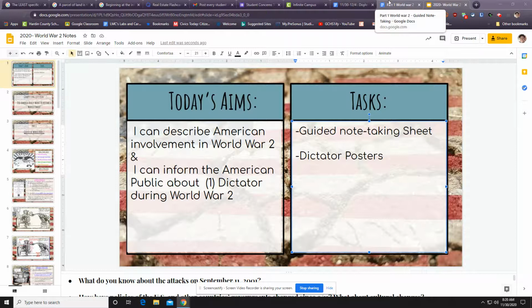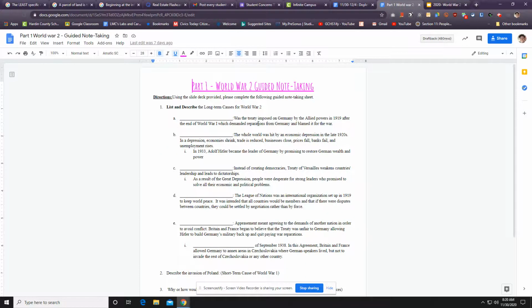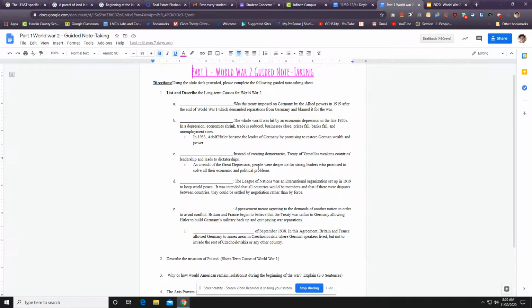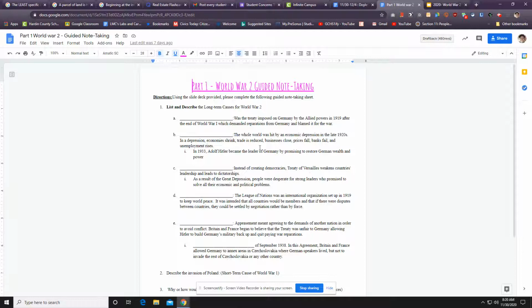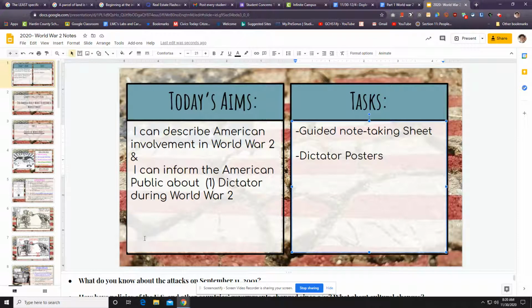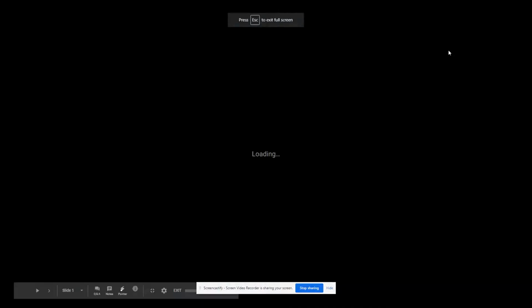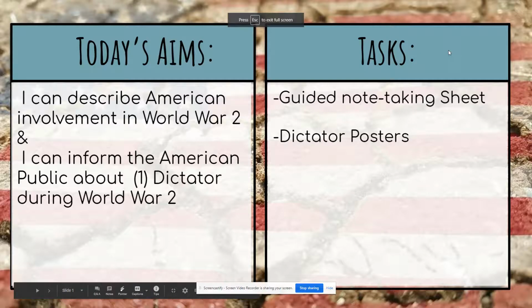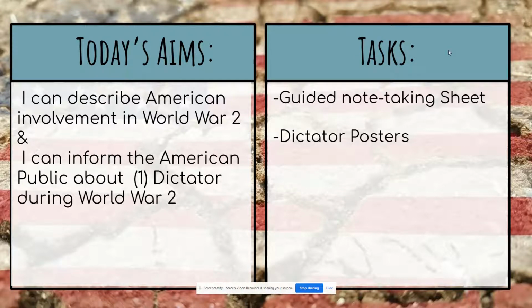So what you're going to be doing is you're going to pop over to your Google Classroom and pull up your World War II guided note-taking sheet. It's not a lot. I just want you to fill in the blanks, but mainly I want you to listen to what I'm saying because this is the information that you need to know to set you up for success with regards to World War II. So you're going to fill out that guided note-taking sheet. You're going to get that information from me talking as well as going through the notes. So pause the video if you need to, or speed it up if I'm talking too slow.